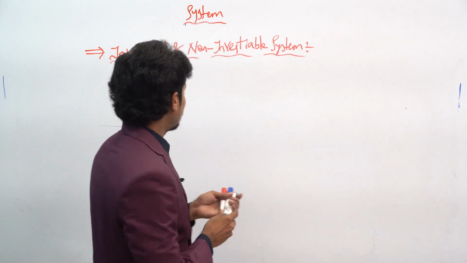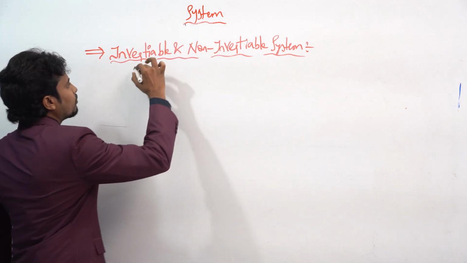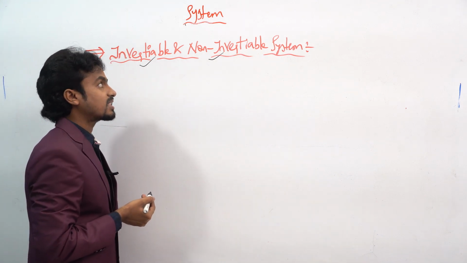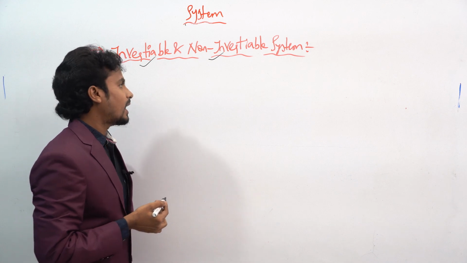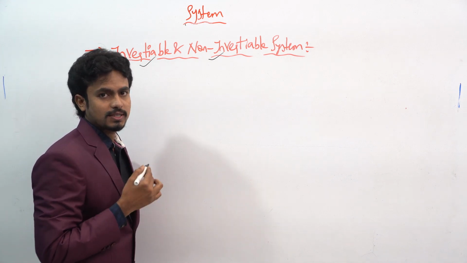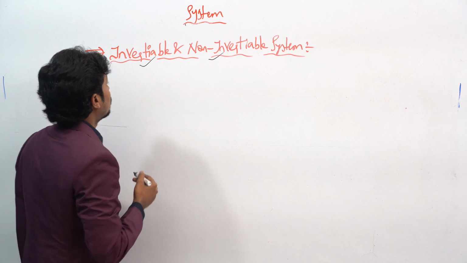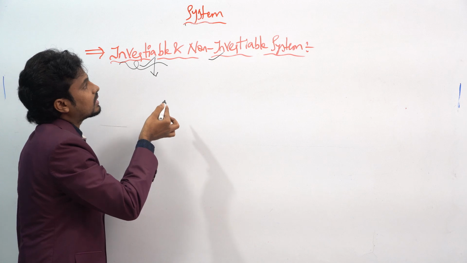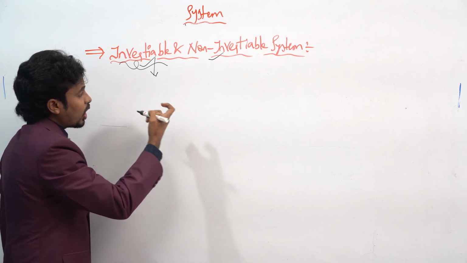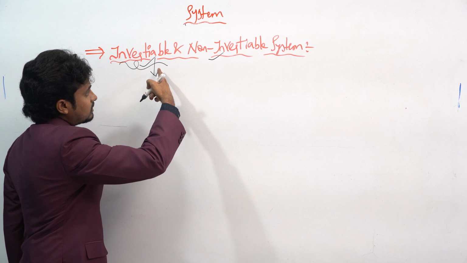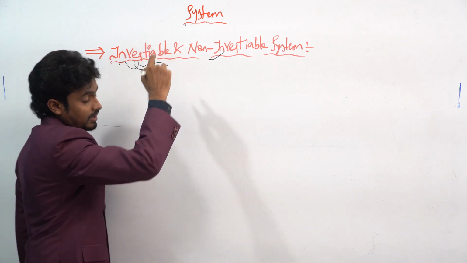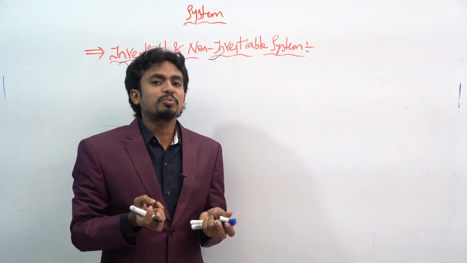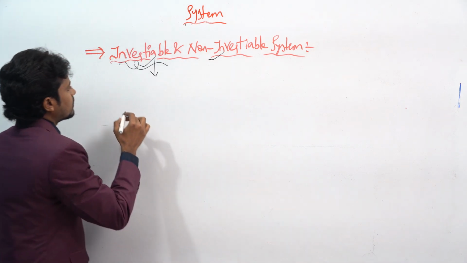So for example, let's see what is meant by invertible and what is meant by non-invertible, and what will be the applications for the invertible as well as the non-invertible, and see some examples based on this. Okay, for example, if you take invertible, whatever happens in this invertible case, it will go opposite, then that case is said to be invertible. That means